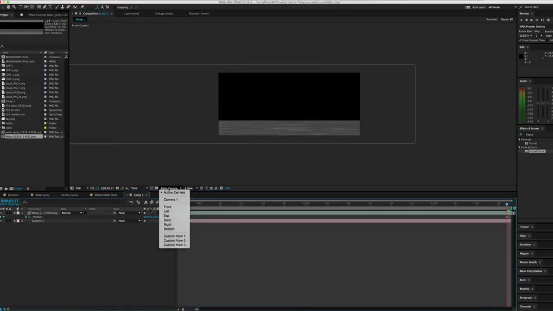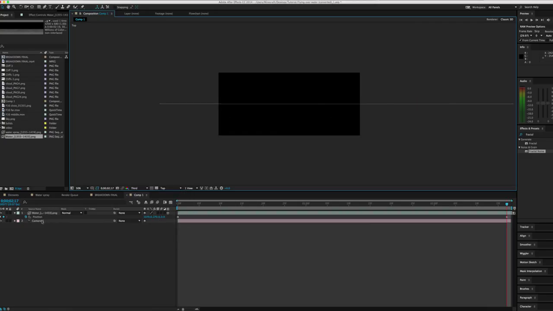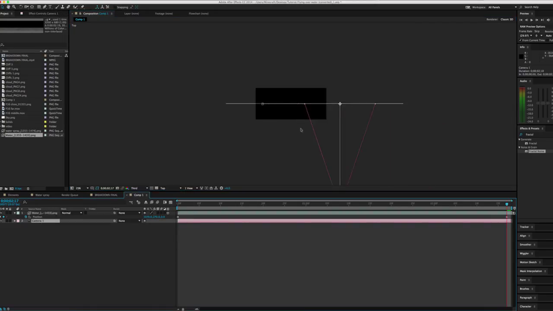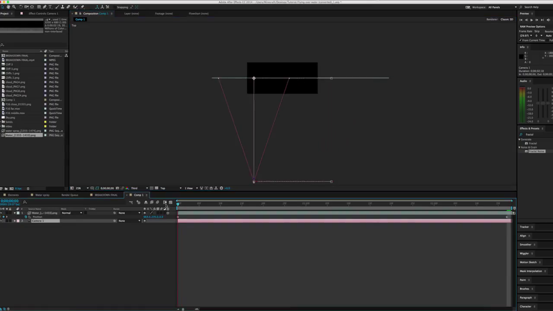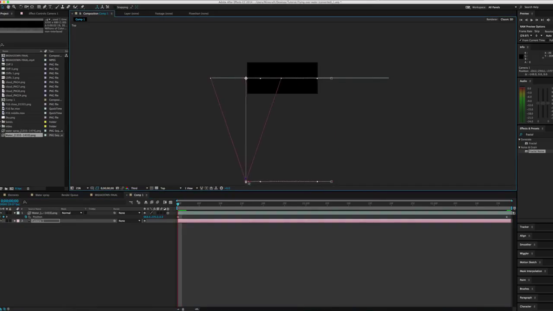Actually, we'll go back to the top view and make our camera motion a bit more. So you can go to the first frame and drag the camera over a bit, and go to the last frame and drag it over a bit more, just so that there's some more motion. Actually, we want this pretty big, a wide range of motion. So we want that a pretty big line. And we can go back to active camera,